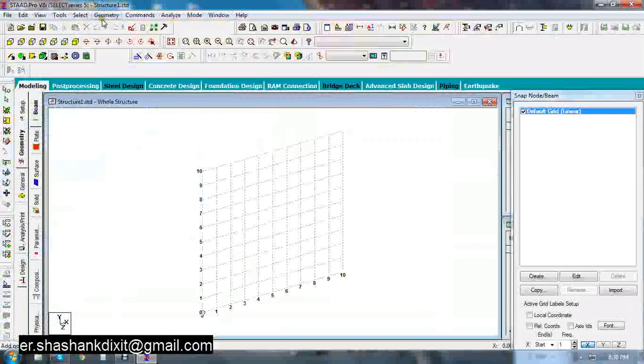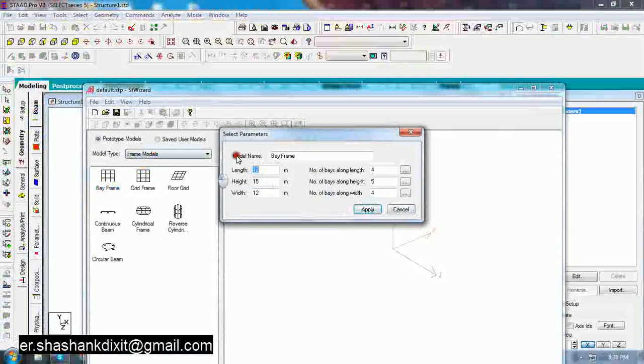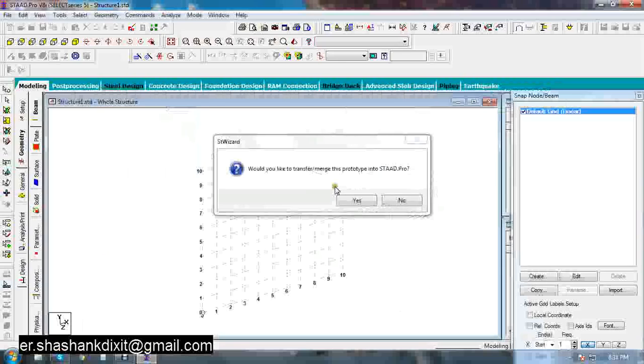Now go to the geometry and select the run structure wizard option. Then select the model type as a frame model, select a bay frame here, and now give the length as 6, height as 9, width as 6 once again, number of bays along the length as 2, along the height as 3, along the width as 2 once again. Click on apply. So we are going to start with a small bay frame. Now click on the transfer model option, press yes to